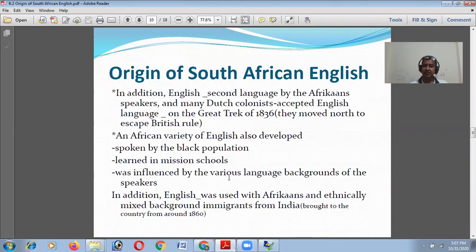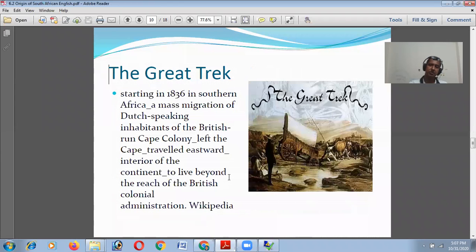In addition, English was a second language for the Afrikaans speakers, and many Dutch colonists accepted the English language on the Great Trek. In 1836, they moved north to escape British rule. What is the Great Trek? You see, this is the Great Trek. The Great Trek started in 1836 in southern Africa, a mass migration of the Dutch-speaking inhabitants of